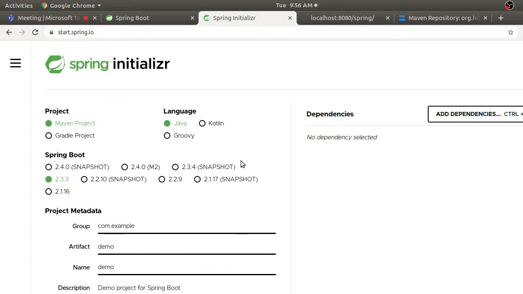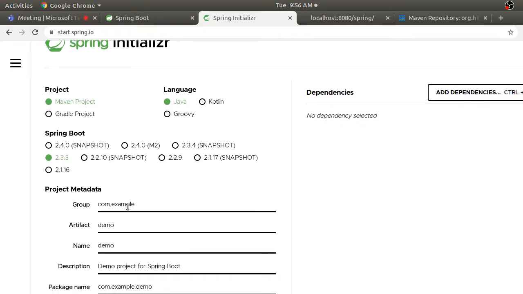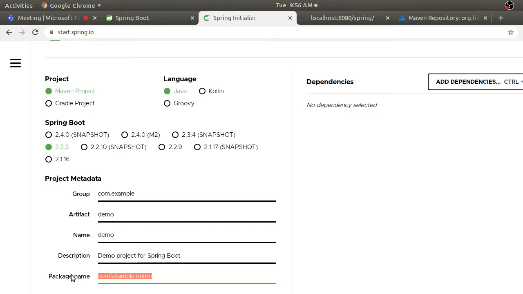You can directly go to spring.io. So here you have a project structure where you can choose, for example, I want a Maven project, the language is Java, and the version of Spring Boot that you want to develop. So this is the stable version 2.3.3, which I am using in this current example. Then you can give some of the data here: the group name, artifact ID, name, description of the project, and the package name that you want to create. Okay, as per your wish, you can configure it. You can also select the Java version, right? Is it 14, 11 or 8? Currently I have 11 installed, so by default I am choosing 11 here, right?